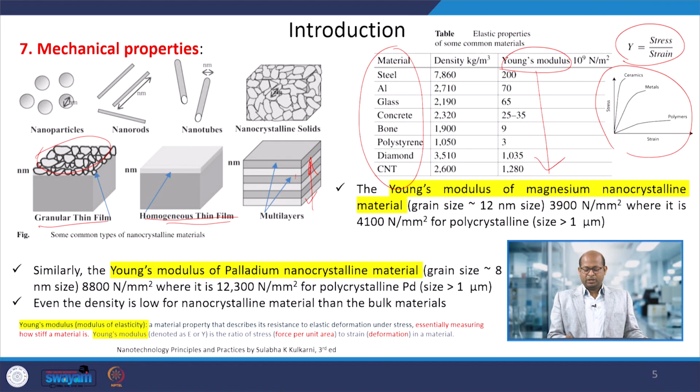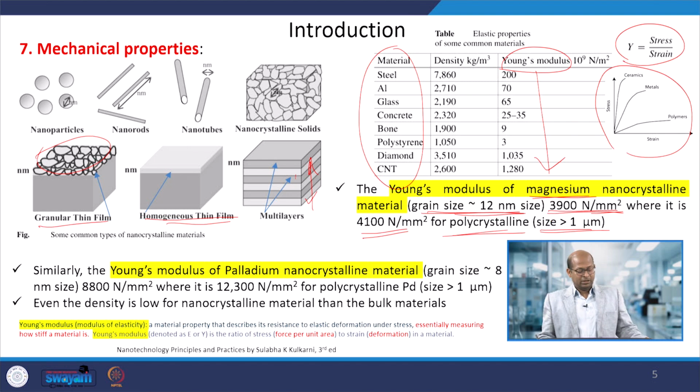For example, for magnesium nanocrystalline material with a grain size of 12 nanometers, Young's modulus is 3900 Newton per square millimeter. When the grain size is bigger, more than 1 micrometer, the Young's modulus of the polycrystalline material